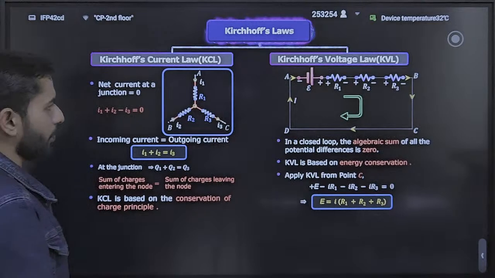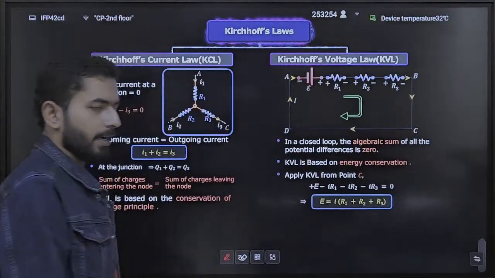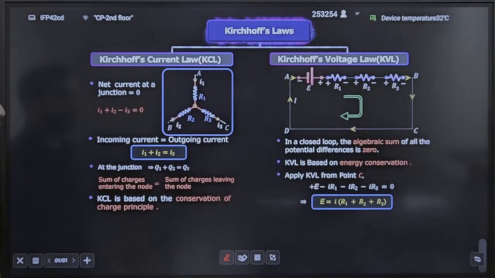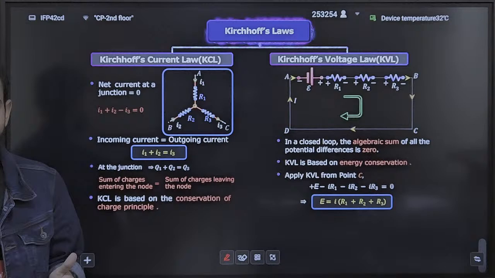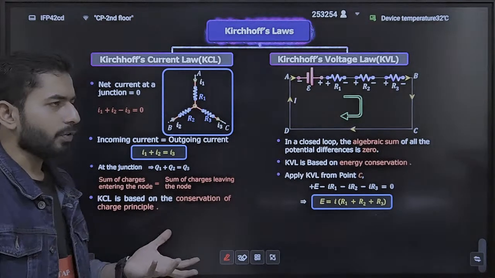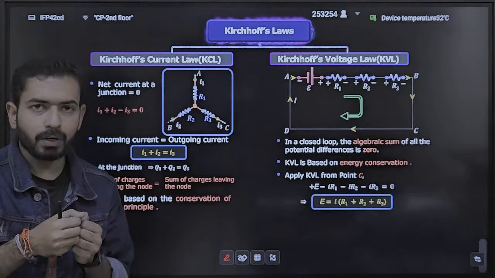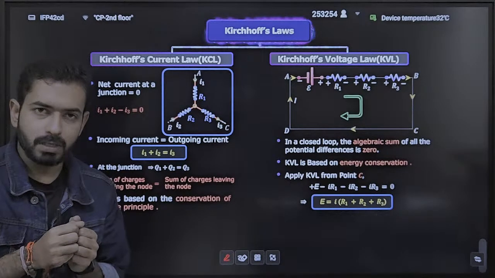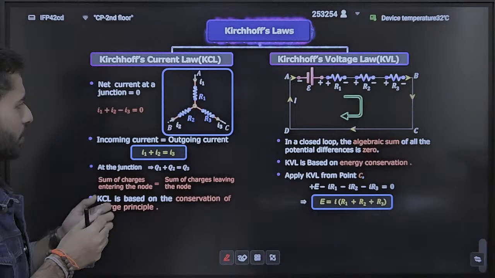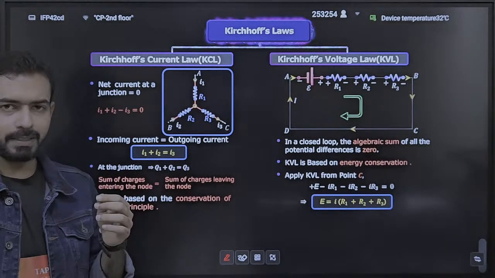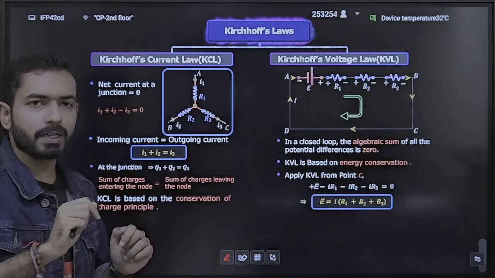Kirchhoff law, very important law. How we apply Kirchhoff law? Let's see. We understand. Now there are two laws, KCL and KVL. What KCL says, I can write that sum of all the currents coming at a node is equal to 0. Or either you can represent also that if some current is coming from this side, it is split into two sides. So I1 current